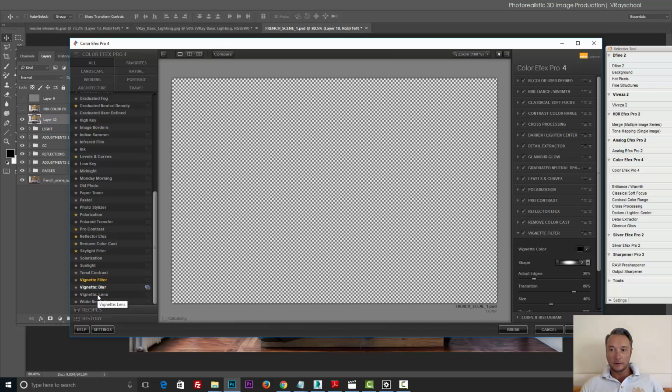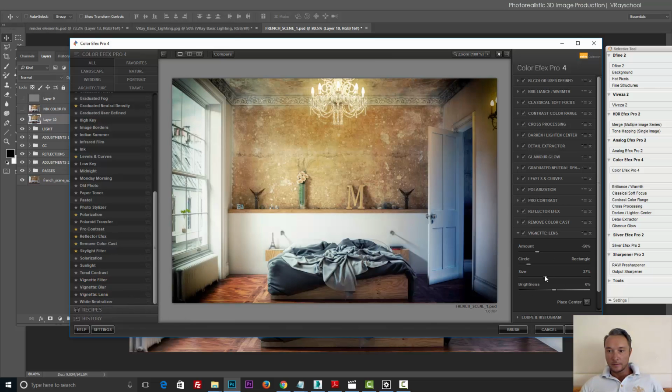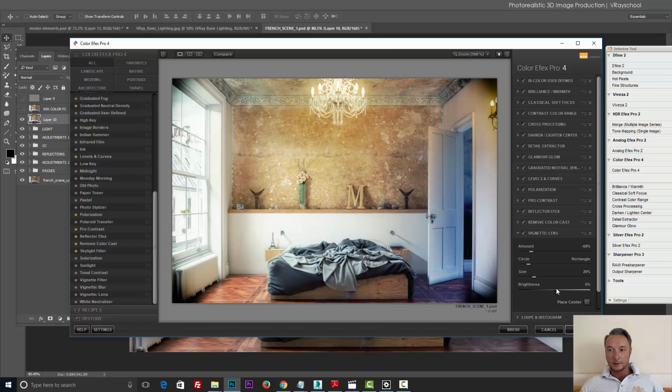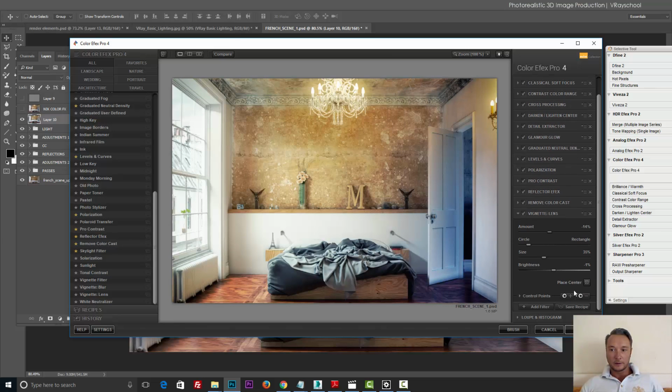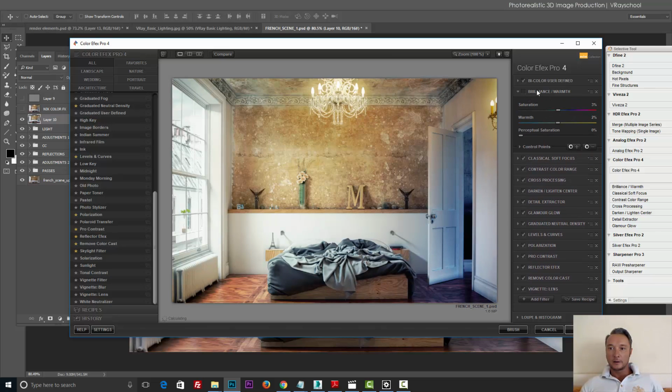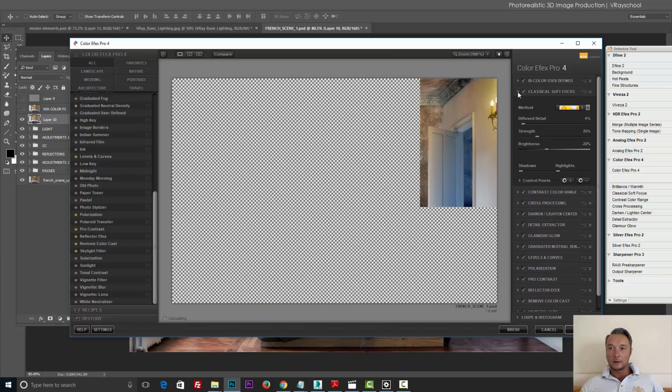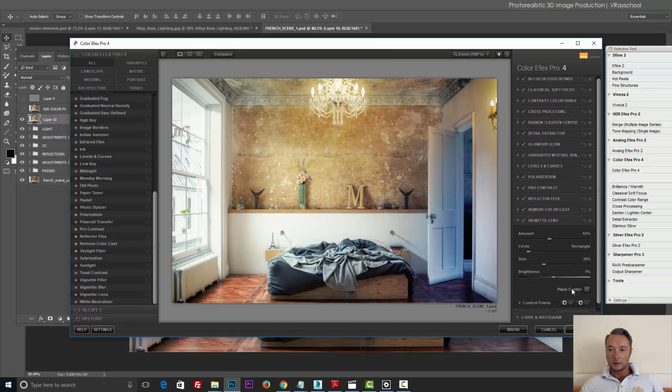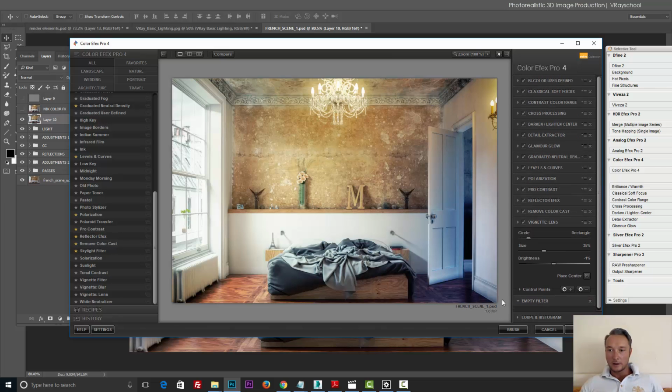Vignette filter. Let's add the vignette filter. Somewhere here. Something like this. All right. Add. And we got our collection here full, so we need to get rid of some effects that we don't really need. Color processing. Let's remove this brilliance because we're not really using it. So let's click on the X to remove that. Go down to our vignetting, lenses, add this filter,